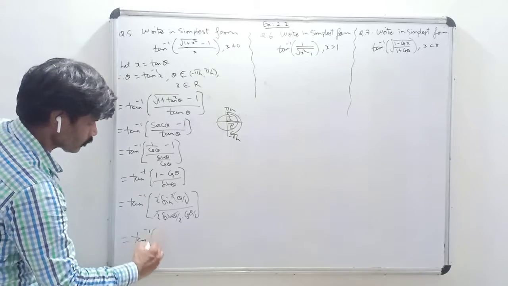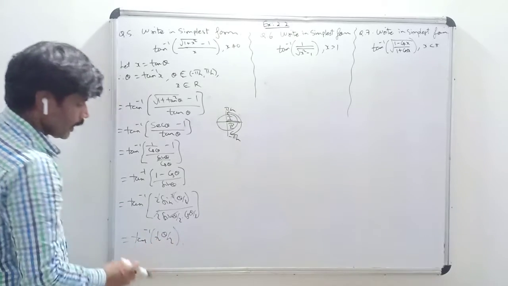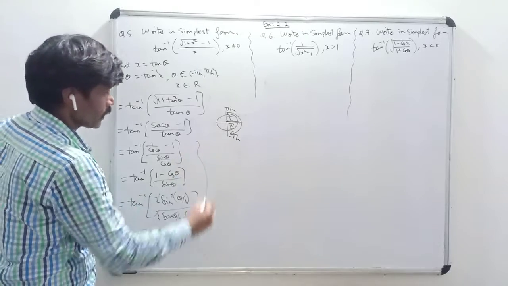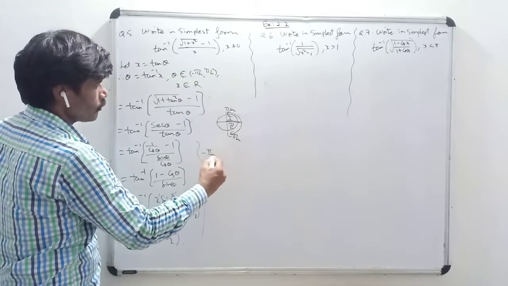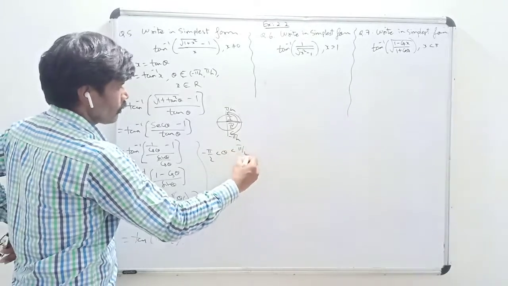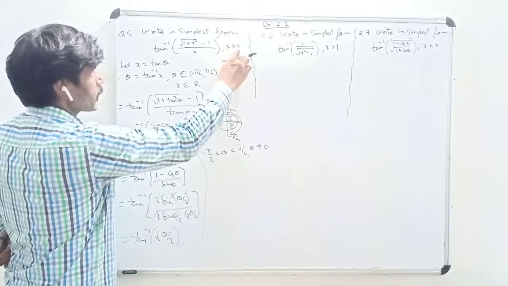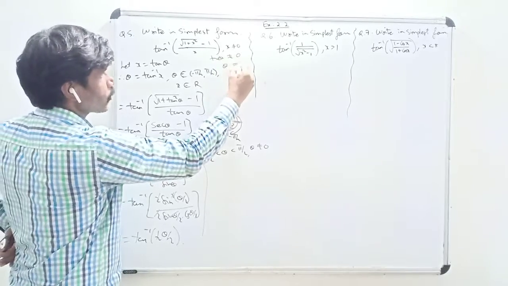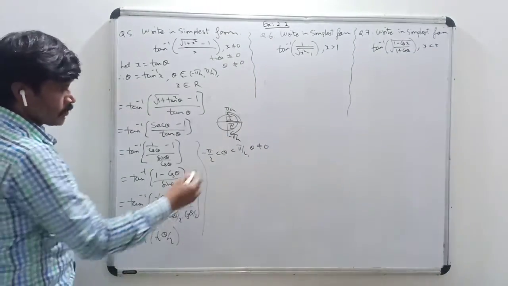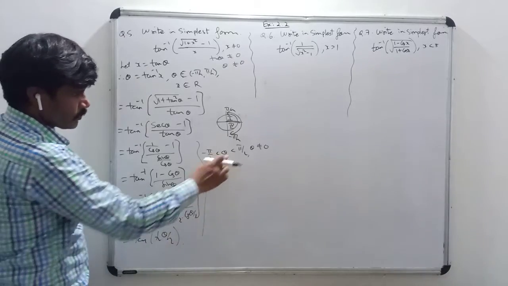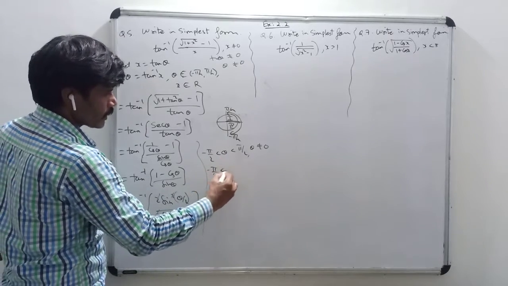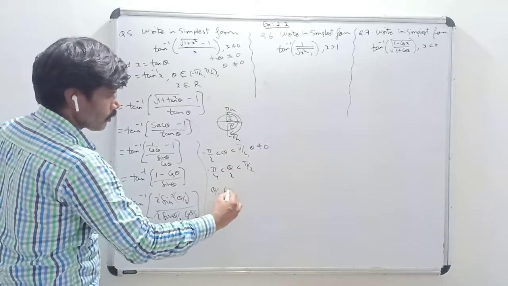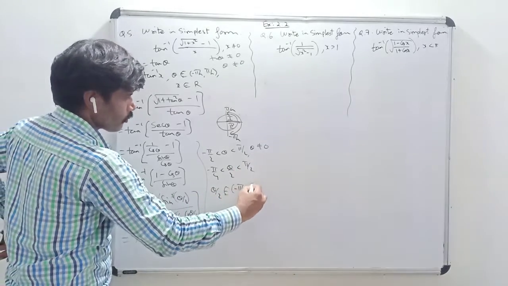So we will get tan inverse of tan of theta by 2. Now tan inverse of tan of something is something if something belongs to the domain of the tan function. Okay, let us find out. So here minus pi by 2 is less than theta is less than pi by 2. But theta is not equal to 0. Why? Because x is not equal to 0, tan theta is not equal to 0. Tan theta is not equal to 0 means theta is not equal to 0. Okay, so I am dividing by 2 because I want theta by 2. So minus pi by 4 is less than theta by 2 is less than pi by 4. It means theta by 2 belongs to the open interval minus pi by 4 to pi by 4.